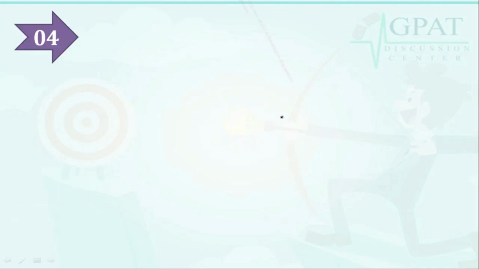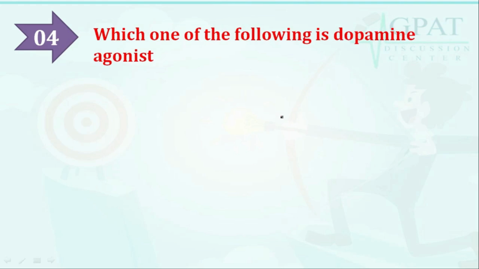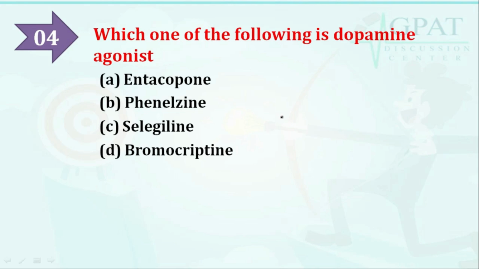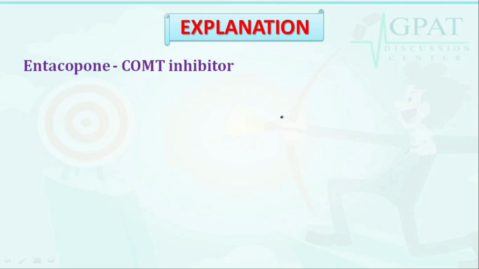The next question is: which one of the following is a dopamine agonist? Here we have options A, entacapone, B, phenelzine, C, selegiline, D, bromocriptine. The question asks which one is a dopamine agonist, and the correct answer is bromocriptine. Now let's discuss the classification part: entacapone is a COMT inhibitor,